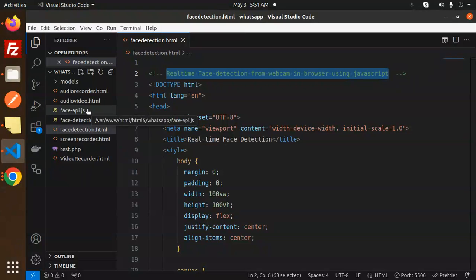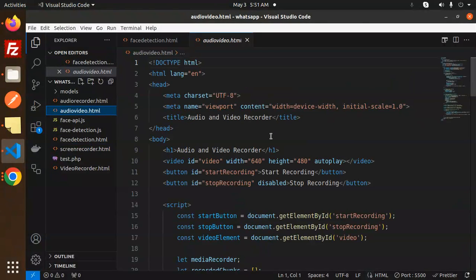Today we are going to learn how to record audio and video using JavaScript. So basically what we are trying to do over here is open the webcam and record its audio and